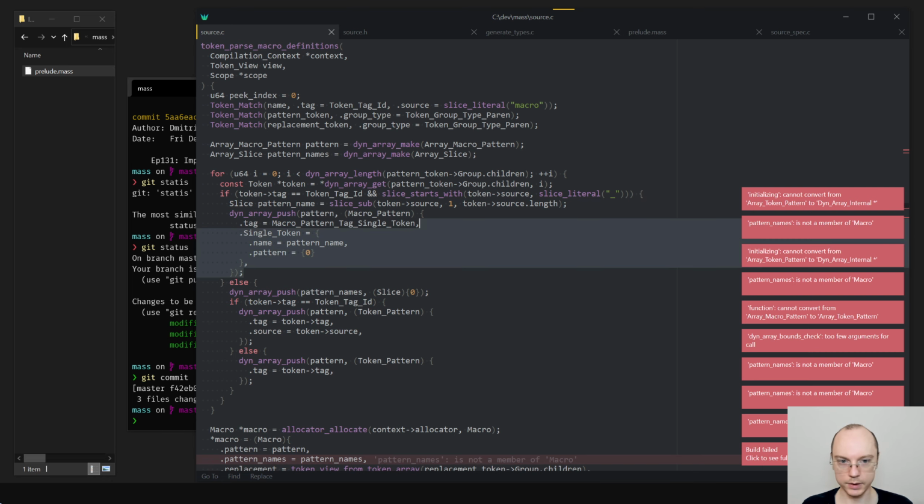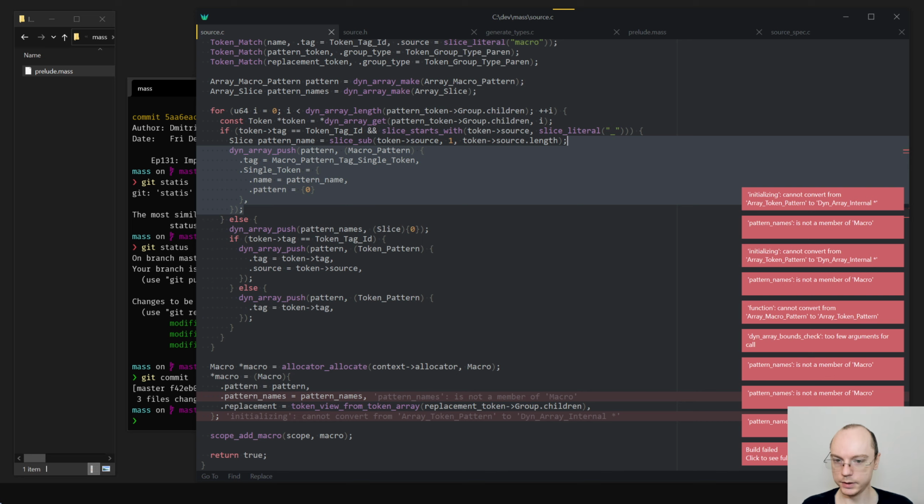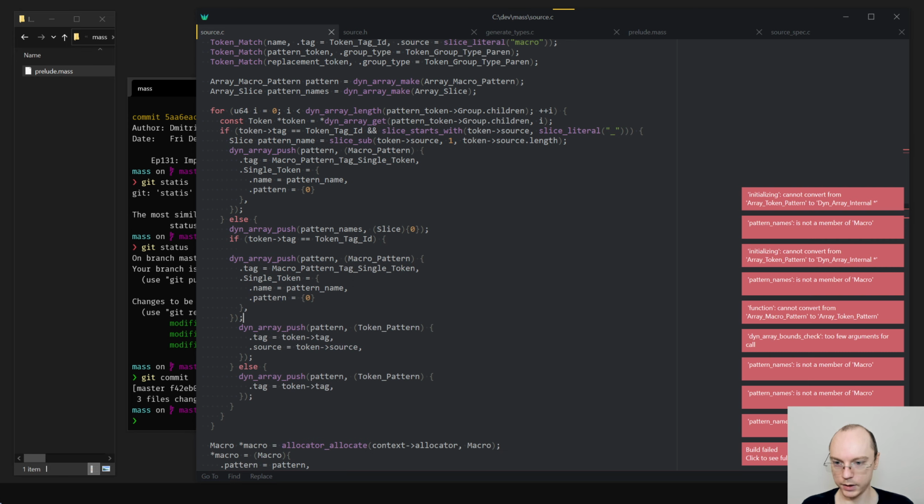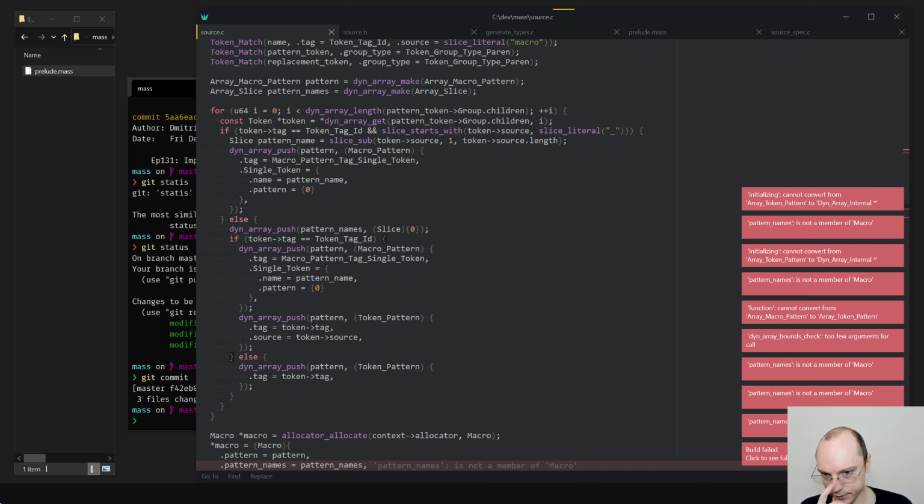We take this part, and this is sort of the opposite. So if it's an identifier, we say that pattern, yeah, it was matching on the source.